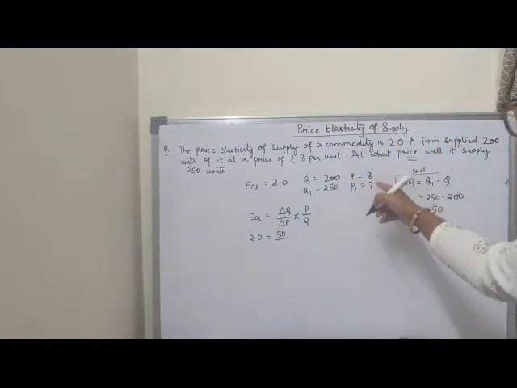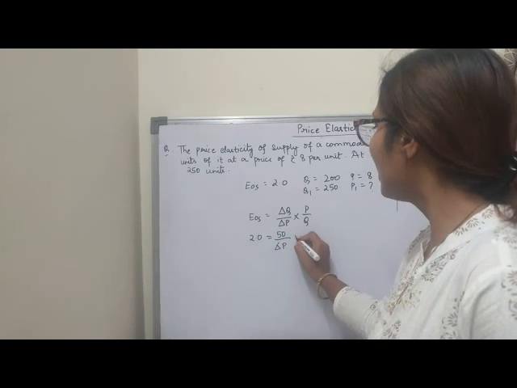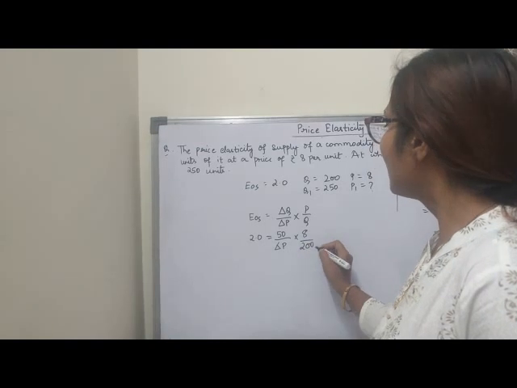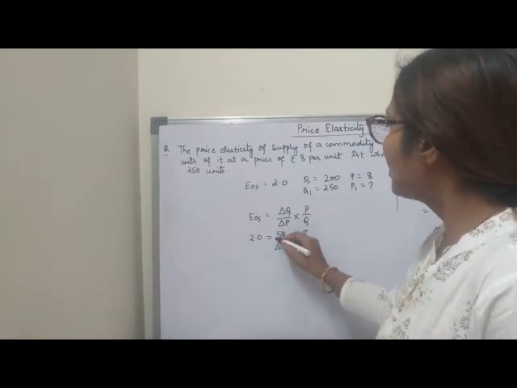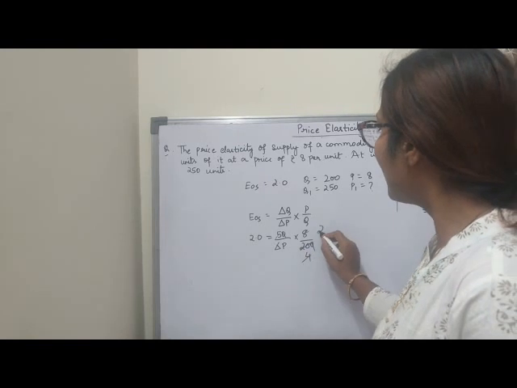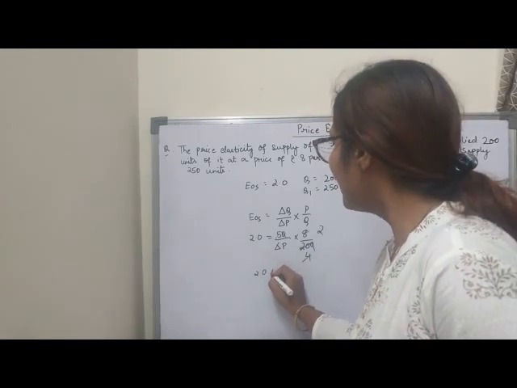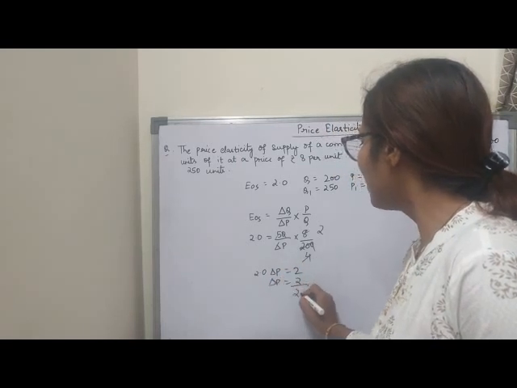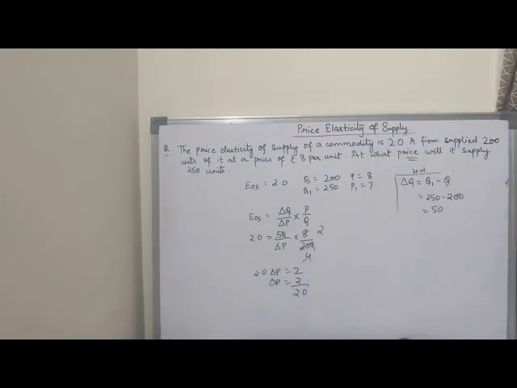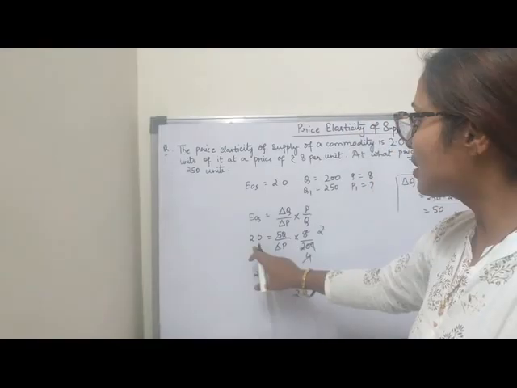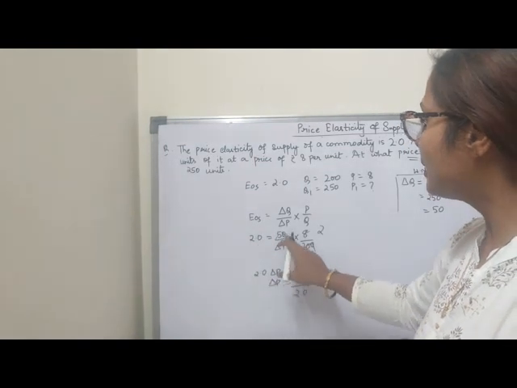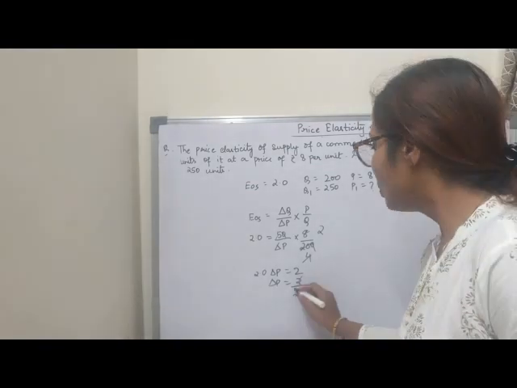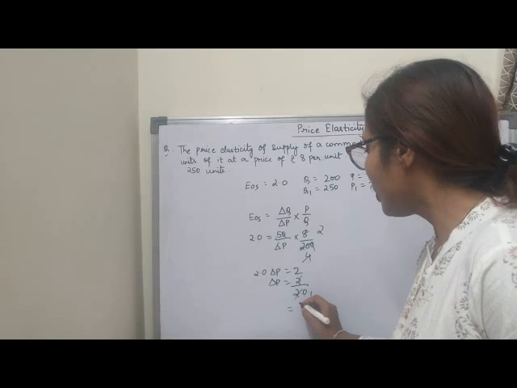Change in P, I don't know. So write it this way. Into P is 8. Quantity is 200. Clear? Now 0 0 cut. 5 4s are 20. 4 2s are 8. Now you see 2.0 delta P is equal to 2. Delta P is equal to 2 by 2.0. Clear? Is it? Is not? Because if you take this here and multiply, it is equal to 2. Now delta P is equal to 2 by 2.0. So 2 1s are 2. Point after point there is nothing, so 1.